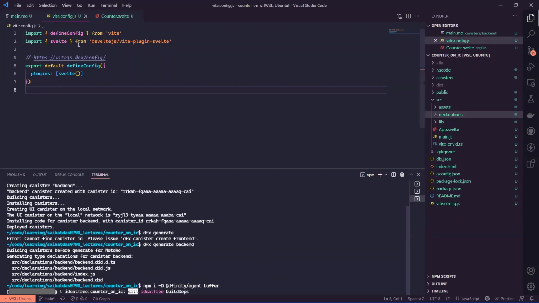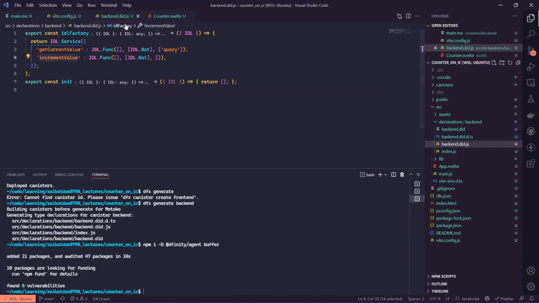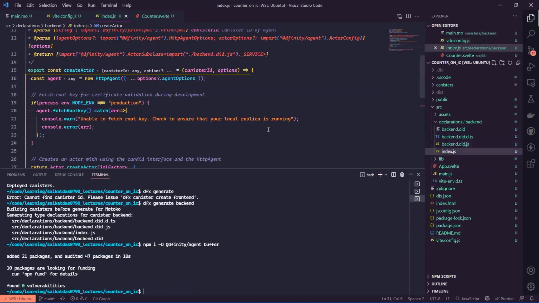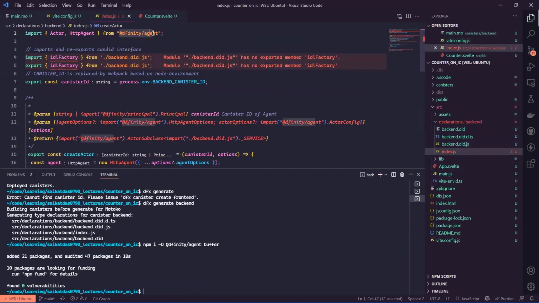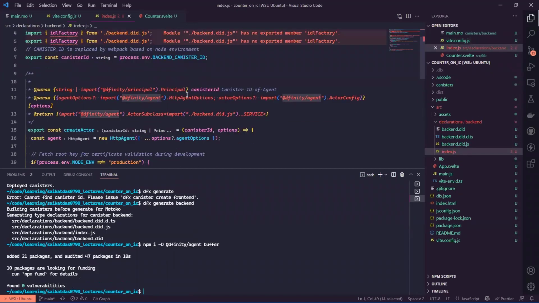So once this gets installed, you will notice that I was getting some errors over here. Sorry, not this, in the index.js, which will go away. The package manager is able to find these modules now. They have been added to my node modules. Okay, so now that this is installed, the next step is,